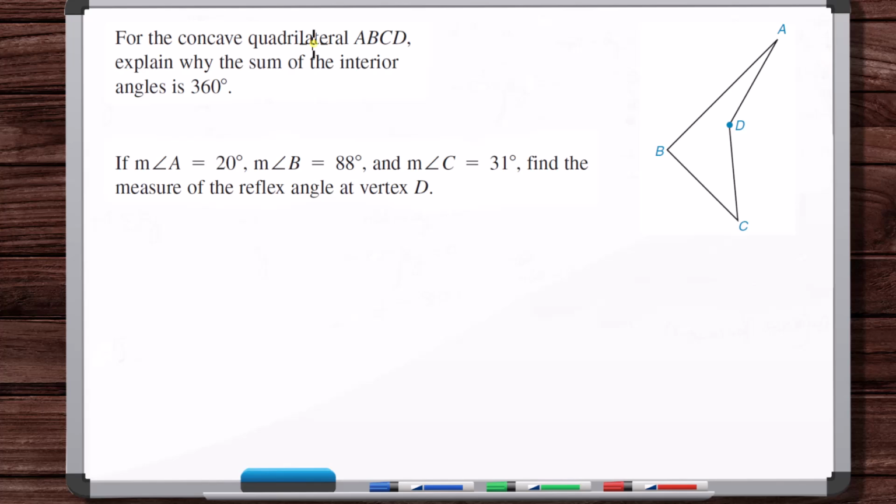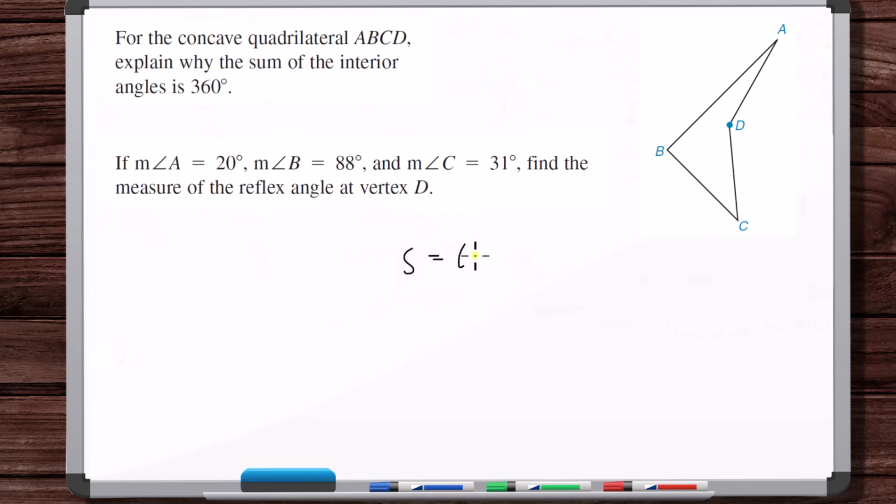For the concave quadrilateral ABCD, explain why the sum of the interior angles is 360 degrees. That's part A, and then part B. We'll come to part B in a second. So we know that the sum of the interior angles of any polygon is given by this formula. Any polygon, convex or concave. And so any quadrilateral, convex or concave, based on this formula, the sum is going to be 360 of the